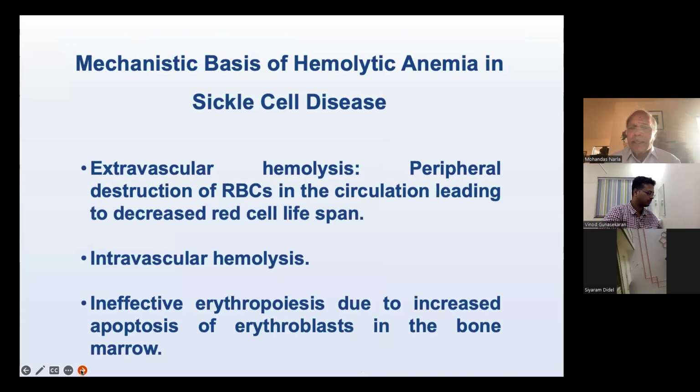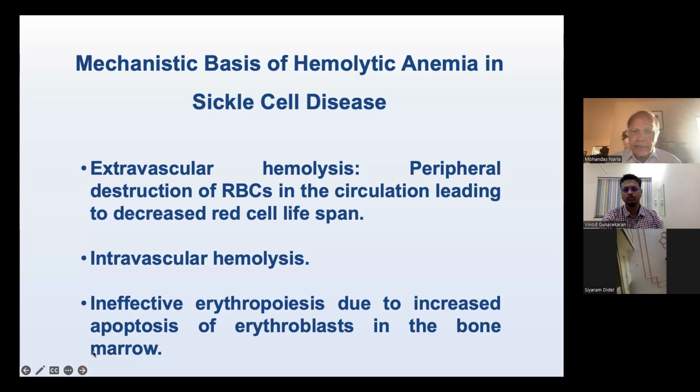So basically, the mechanistic basis of hemolytic anemia in sickle cell disease: one, clearly extravascular hemolysis and peripheral destruction of red cells is responsible for decreased red cell lifespan in sickle cell disease. There is also good evidence for intravascular hemolysis, but it's been difficult to exactly determine how common it is or what the extent of intravascular hemolysis is, and that's something that needs to be studied in more detail in the